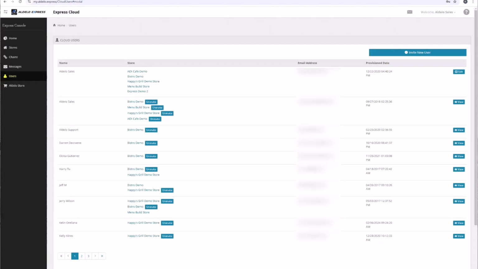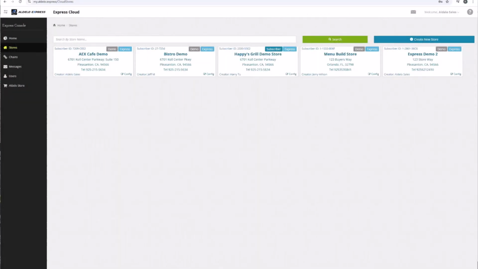So behind the scenes, I'm going to go ahead and request to have that store set to live. This can be done for Aldelo Pay customers by requesting their device registration, or for merchants that will be using third-party processing, applying for SaaS licensing. So we're going to go ahead and move back to the stores, and we'll go ahead and get this store live. Okay, so now you see the Express Demo 2 store there is off of the trial designation and is set to demo. So I'm going to go back into the users